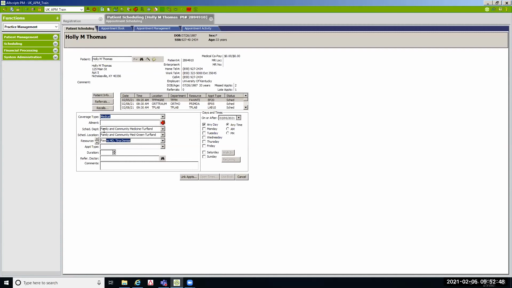Okay. Tab to the appointment type. I'm just going to type an E there. I'll get her established patient. This patient is established with her. They just need an annual exam. There's no referring doctor, so we're going to leave that field blank. Going to click in the comment section. I'm just going to type annual. Now, you guys could use whatever your department uses, like yearly checkup, well check, whatever. Okay. Now,